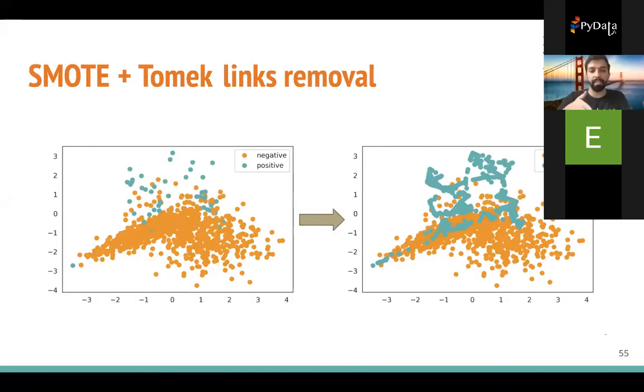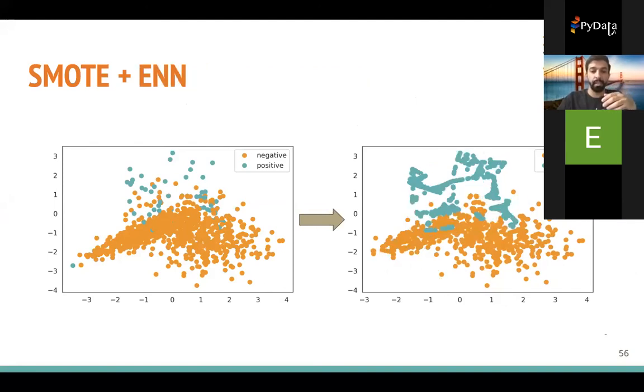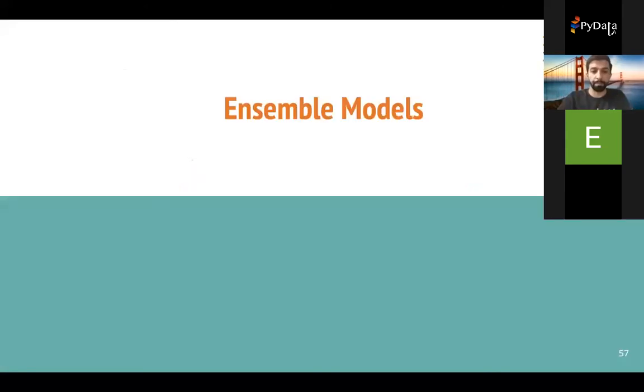We can apply synthetic oversampling in any version, and then Tomek links removal. So we add points in the minority set, and then we trim points in the boundaries. We can also do synthetic oversampling and then edited nearest neighbors, and this will also balance further. I mentioned these two because they are already implemented in the imbalanced-learn library, but we can do any of the combinations using the pipeline feature, which we're going to see in the demo.